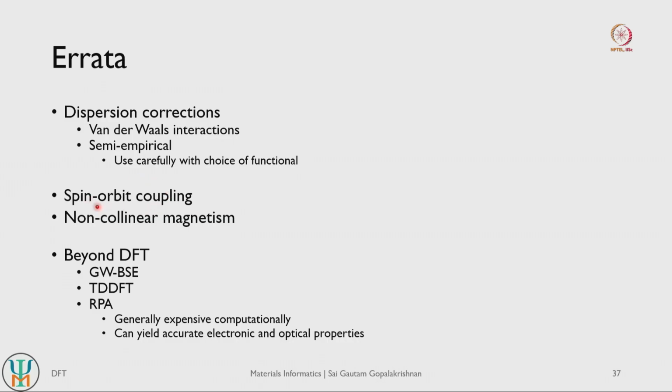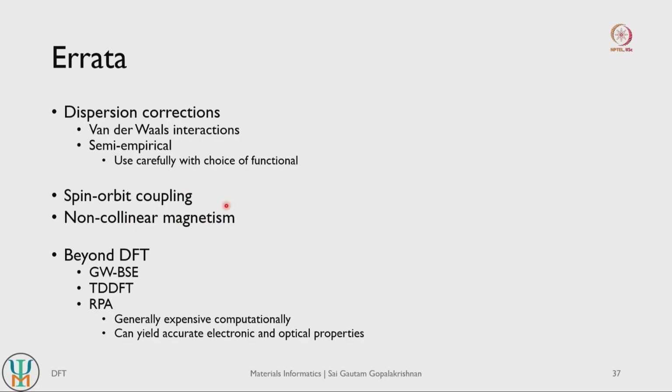If you have to use spin orbit coupling, then you have to again take into account additional interaction terms in your exchange correlation functional. So these typically require more complicated calculations. So once again read the literature carefully on how to account for spin orbit coupling and then include those coupling interactions well. And these coupling interactions are important in heavy elements such as bismuth, lead and so on. These spin orbit couplings can play a big role in determining the underlying electronic structure.